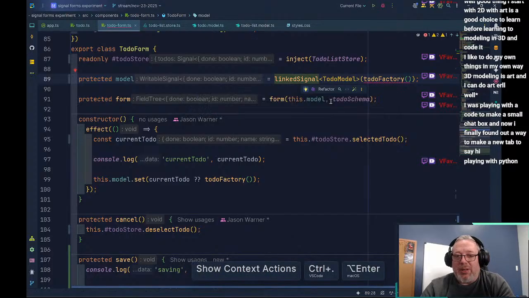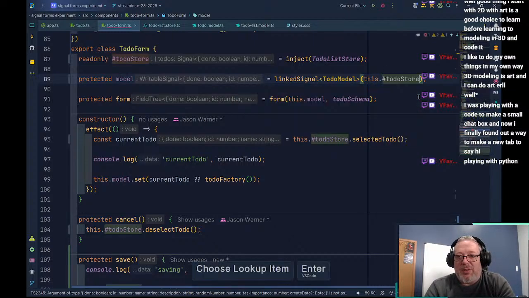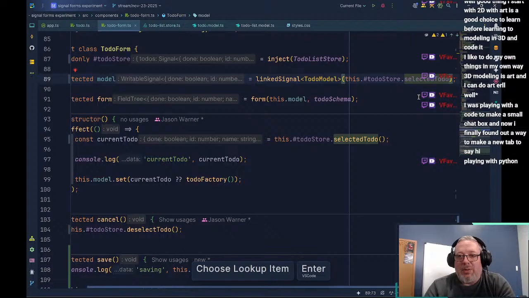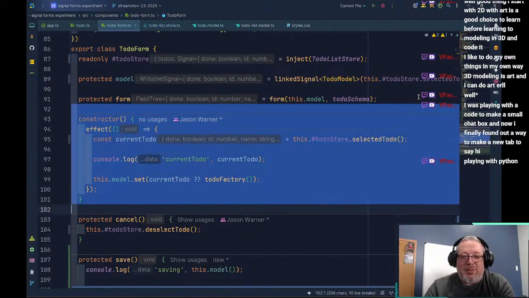Let's go ahead and bring that in. And we're going to link this to this.toDoStore.selectedToDo, which means now we can take out this entire effect.